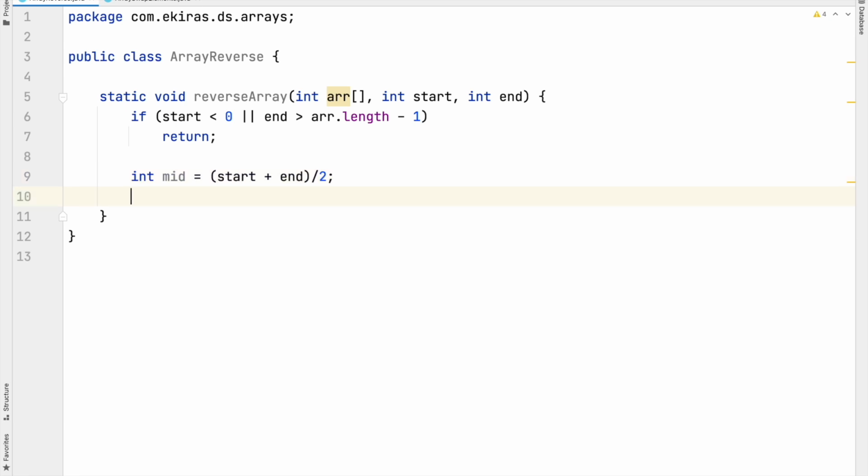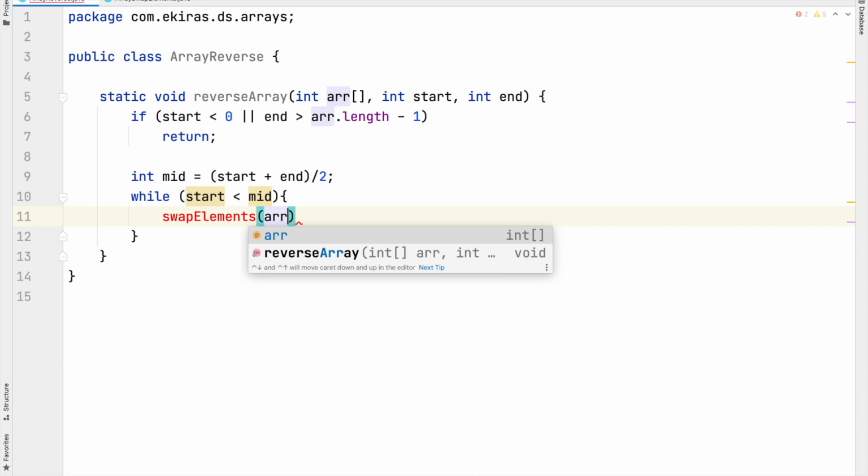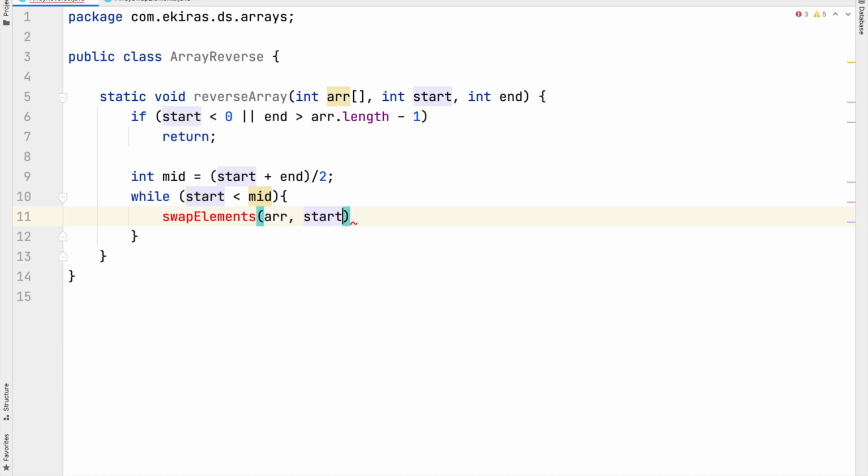So now we need to iterate from start to mid and swap the elements of start and end. For this we'll take a while loop. While start is less than mid, we need to swap the elements of the array at index start plus plus and end minus minus.